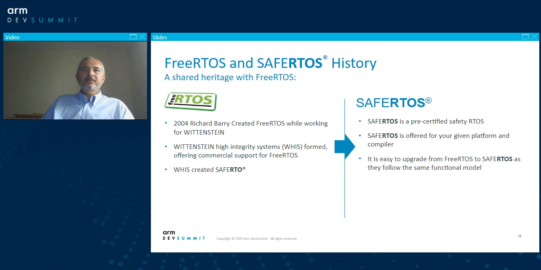Wittgenstein High Integrity Systems was formed to develop SAFERTOS, and SAFERTOS is based on the FreeRTOS functional model that has been completely re-engineered to be safety certifiable in accordance with the major industry safety standards. So today, SAFERTOS is offered pre-certified for a given platform and compiler, which typically saves customers time, effort, and money attempting to validate and certify what is a fairly major and complicated component of the final product. Using SAFERTOS brings the benefits of a tried and tested RTOS, but without the overhead of validating and certifying third-party